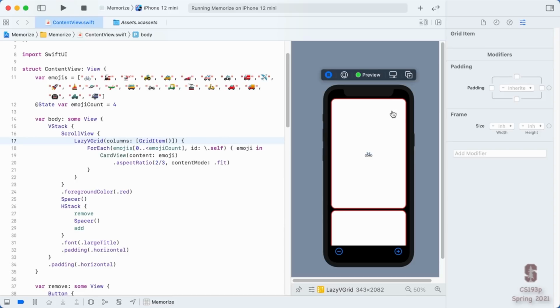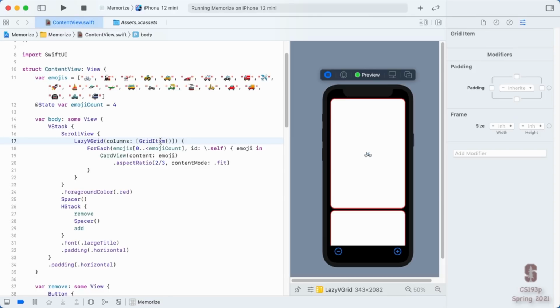And it pours them in there sort of like text in a book, where the things that it's pouring in are like words, and it just puts the words on, it gets to the end of the row, goes to the next one, puts more on, keeps going down to the next one. And it also right justifies the text so that it picks the width that exactly fits like it was doing before. So how do we get our Lazy V Grid to do this?